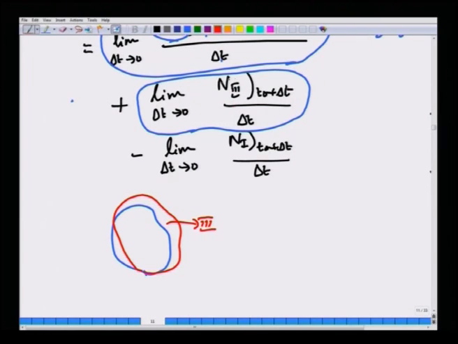This is the amount of change in any quantity like mass, momentum or energy, because of the fact that the system has moved to this new region in space. Okay. So, how do we calculate this? So, why is the system or control mass moving?